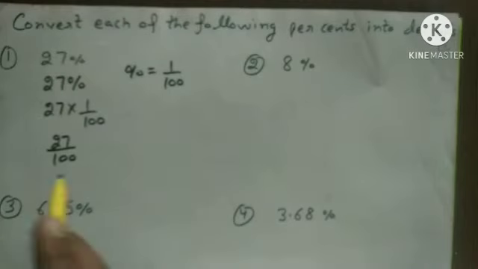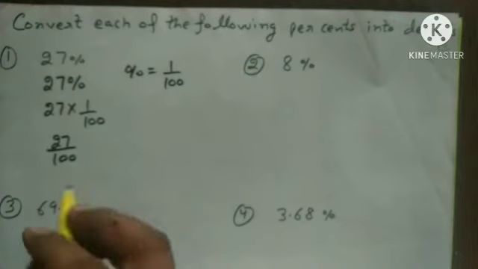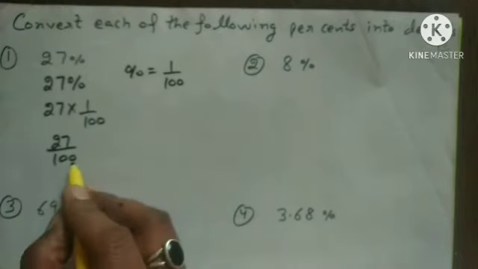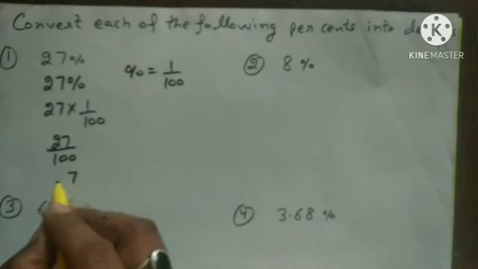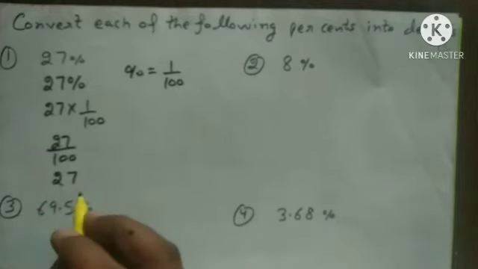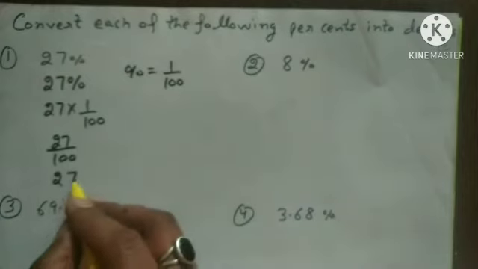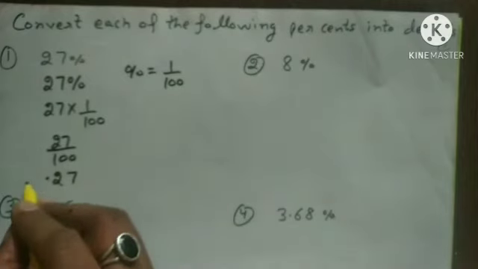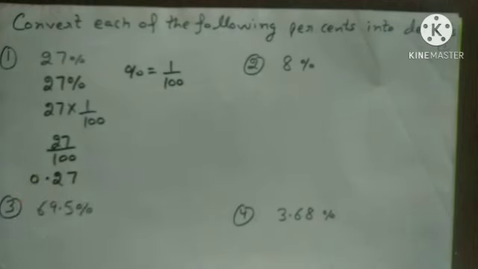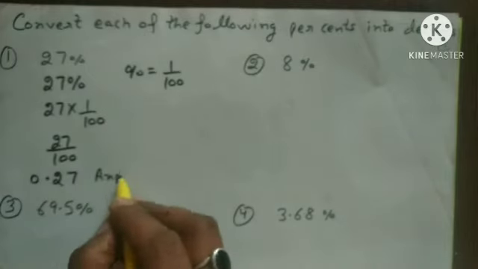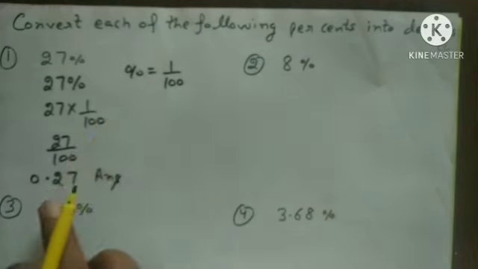Now I will have to convert this fraction to the decimal. Because there are 2 zeros in the denominator, I will write the numerator and mark decimal 2 digits counting from the right. So 1, 2, and here I will mark decimal. Before decimal, to show its presence, I will write 0. That is insignificant. So this is my answer. Dear student, this form is called decimal fraction and this is called decimal number. So we have converted this into decimal number.